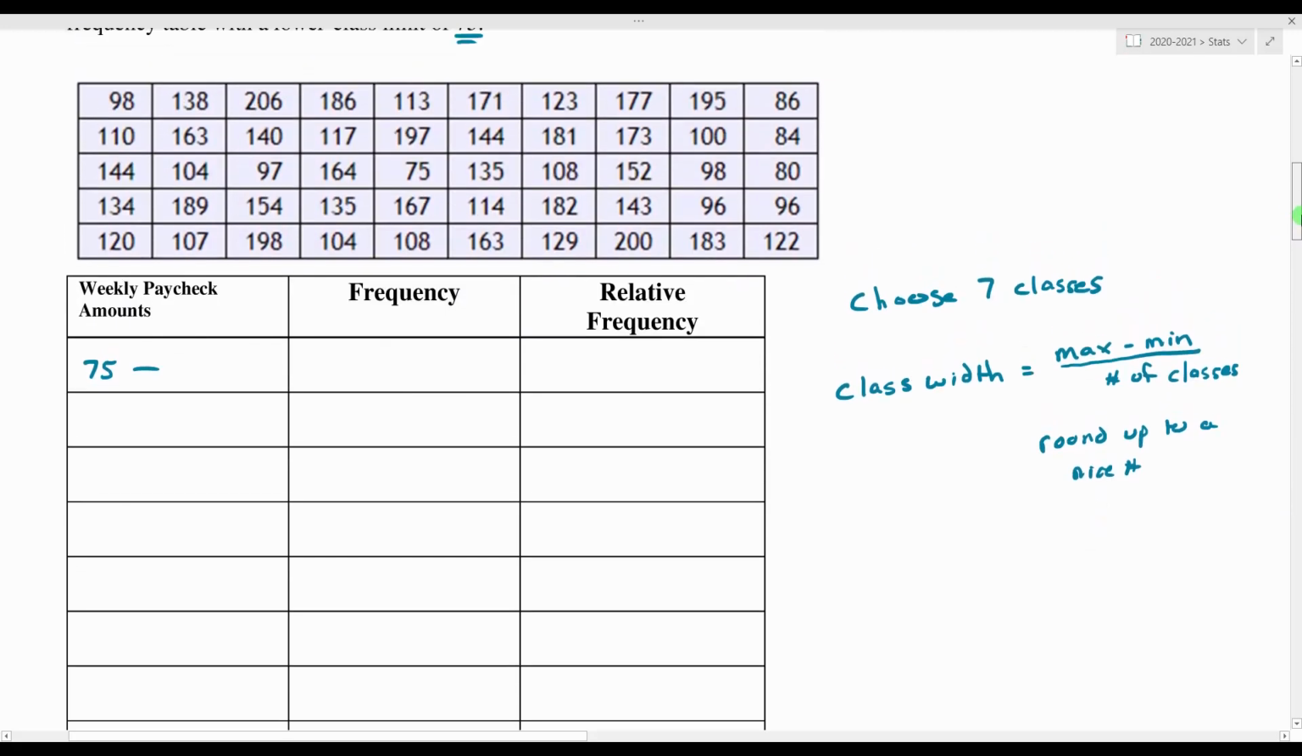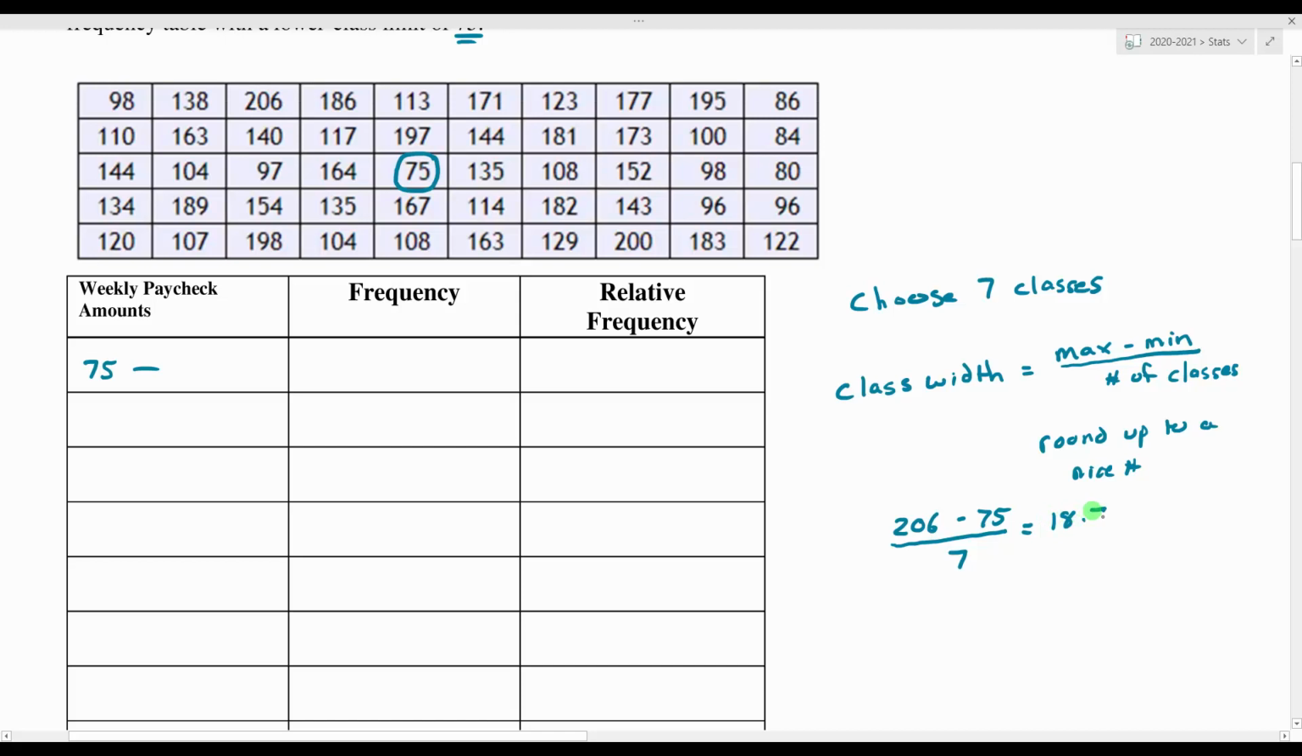So I'm going to look through my data here, and I'm going to find the smallest value, and I'm going to find the biggest value as well. So I'm going to go through here, and I believe my smallest value is 75. Right, so 75, that's our smallest value. And then our biggest value, if I scan through my numbers here, I see a 206 over here, and I'm not seeing anything bigger than 206. So my max is 206. My min is 75. So I'm going to subtract those two. I chose 7 classes, so I'm going to divide by 7,